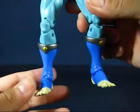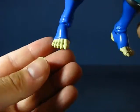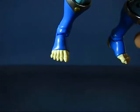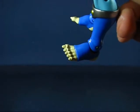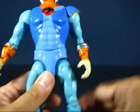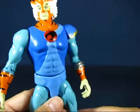And you got some sculpted design of the legs here, and his exposed toes. Would have been cool if they painted the toes, but they didn't, so that's something I may end up doing in the future on there. But a very nicely sculpted figure, very basic design, and of course you got a 1-piece torso, and there's no ab crunch for